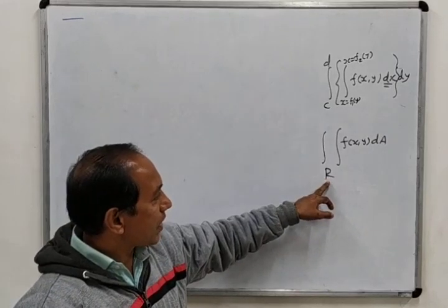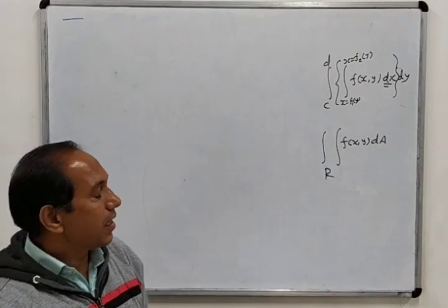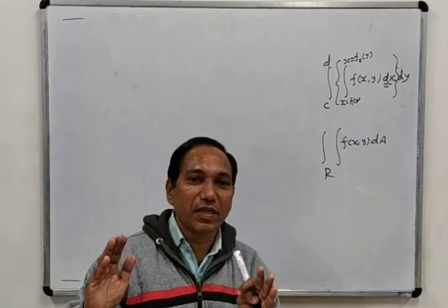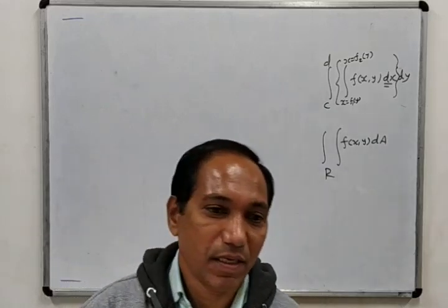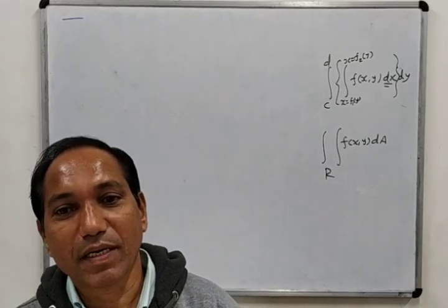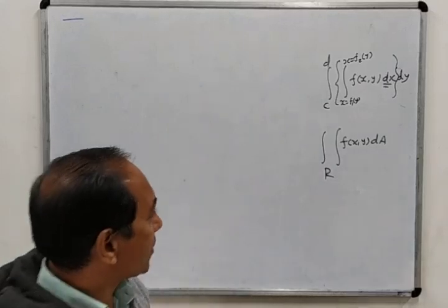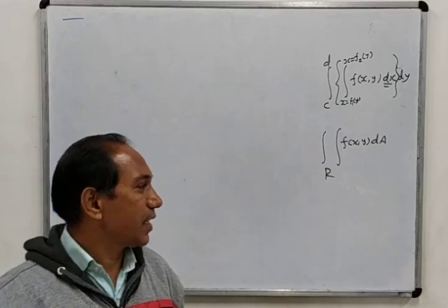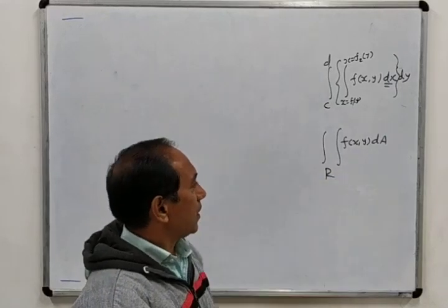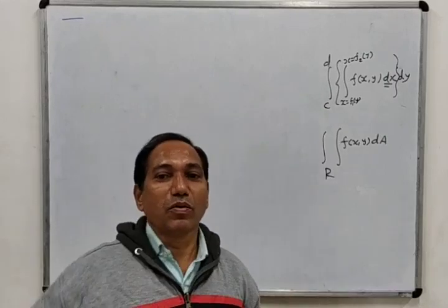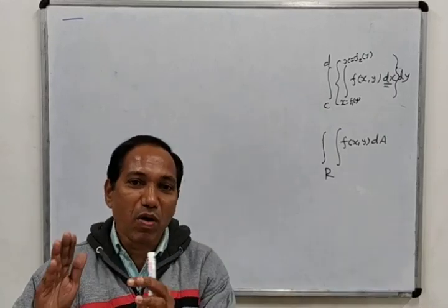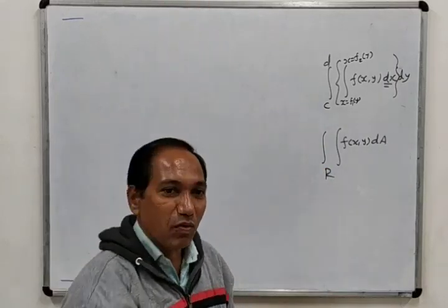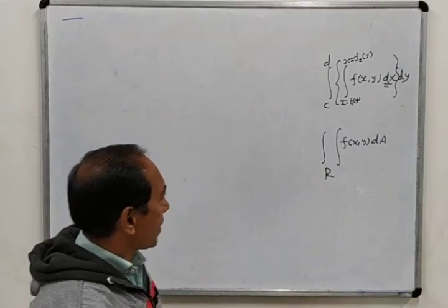And this can be determined from the region R. I told you that we require to draw the figure, and from the figure we need to identify the required region. And from the region we can determine the limits of x and y. And this depends upon us. That means if we want to integrate first with respect to x, then we take a straight line parallel to the x-axis. And if we want to integrate first with respect to y, then we take a straight line parallel to the y-axis. This kind of examples we have seen.